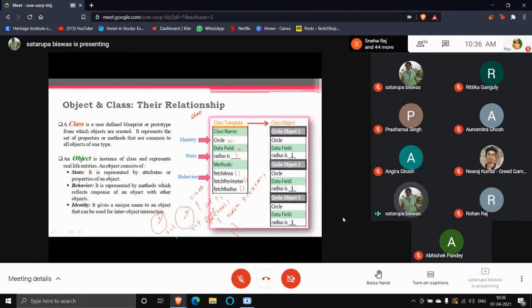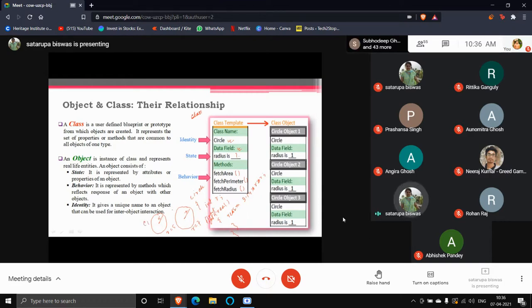Okay, now you come to this. The name of the object or the name of the class is basically showing the identity. Using the name, you are identifying which class it is, which object it is. Suppose I give this object the name C1. So this is the entity name.